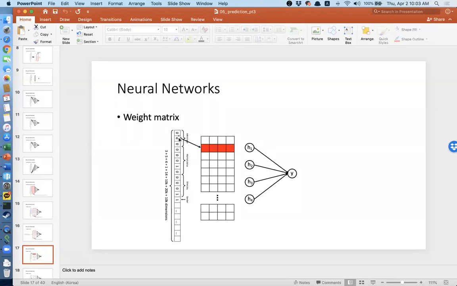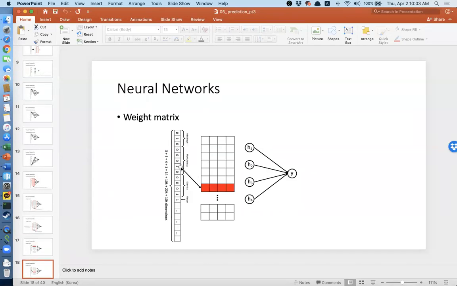So this 1 will correspond to this, and this 1 will correspond to this, and then there will be some rows that correspond to diagnosis codes, some medication codes, some procedure codes. And so this 4-dimensional vector will be responsible for representing this value, which was emergency,